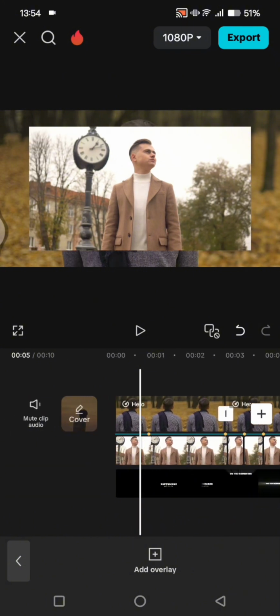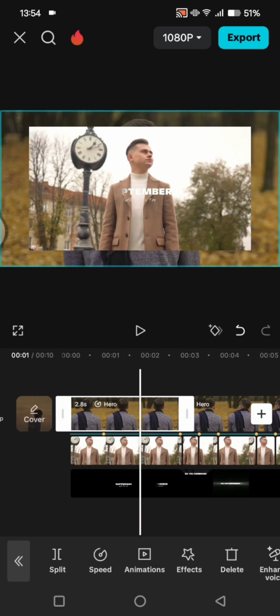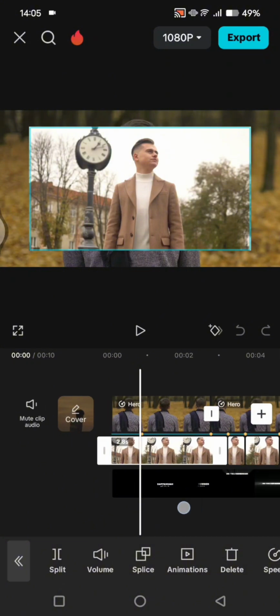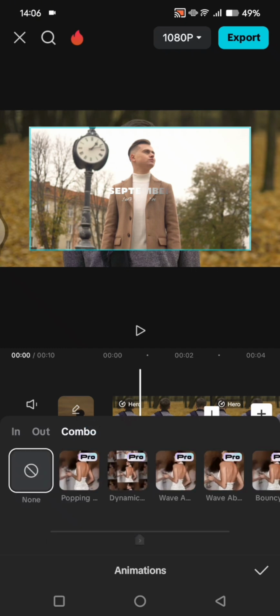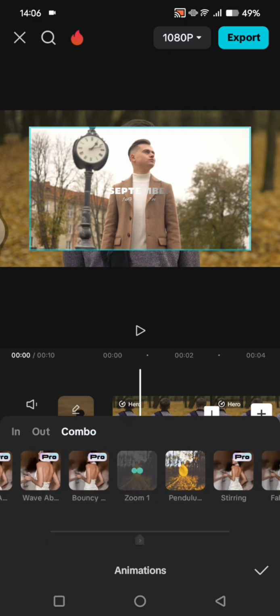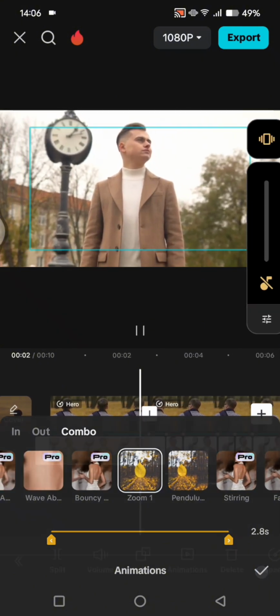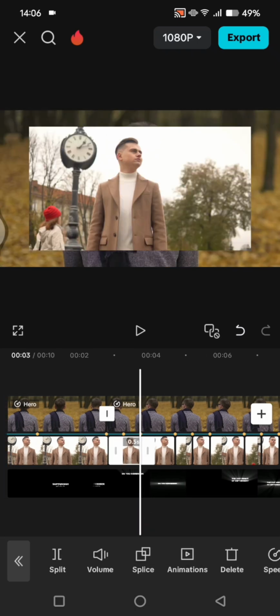Now you can click on the main video and the first part. Sorry, click on this overlay, the first overlay right here. Go to animations, combo, and then find the zoom one animation like this. Click on a check icon, and for the entire rest of the